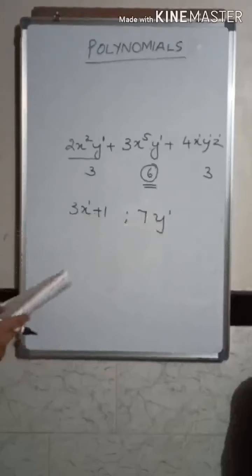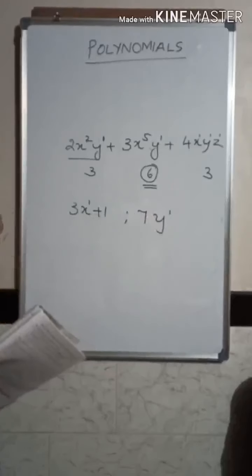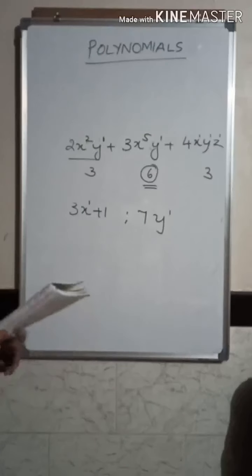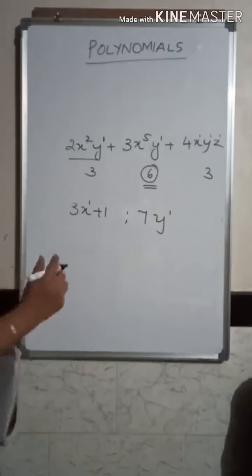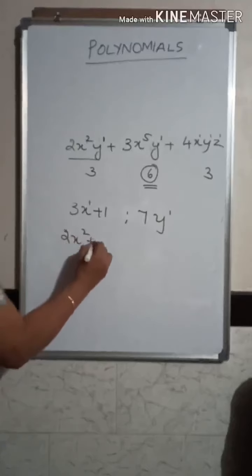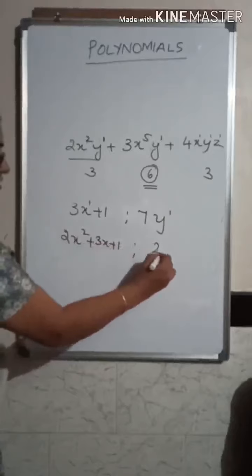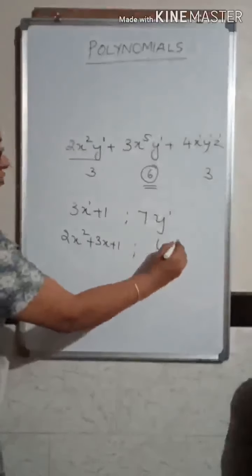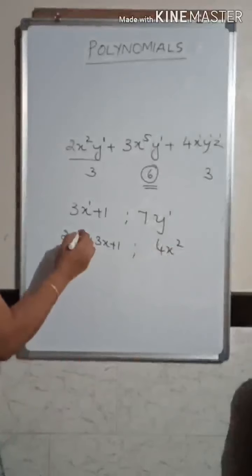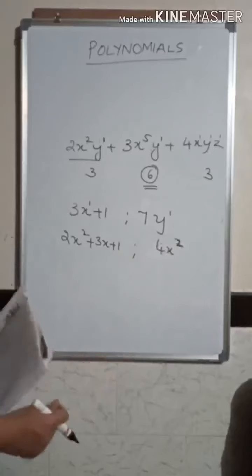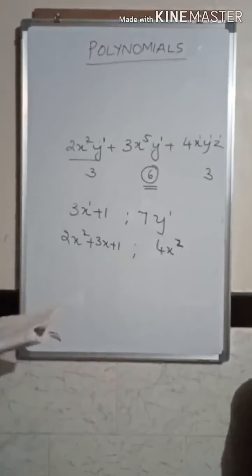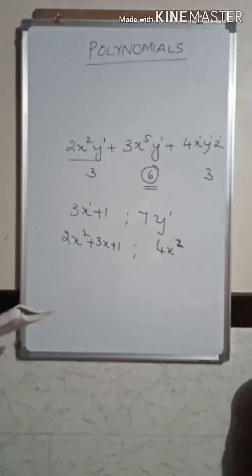So such type of a polynomial where the degree of the variable is equal to 1, you call it as a linear polynomial. Now next, what is a quadratic polynomial? If the degree of the polynomial is 2, then you call such type of a polynomial as a quadratic polynomial. For example, you have got 2x square plus 3x plus 1, or just if you write the value as 4x square. So here this is a polynomial where you have got the degree of the polynomial to be 2. Here also the degree of the polynomial is equal to 2. So if the degree of the polynomial is 2, then such type of a polynomial you call it as a quadratic polynomial.